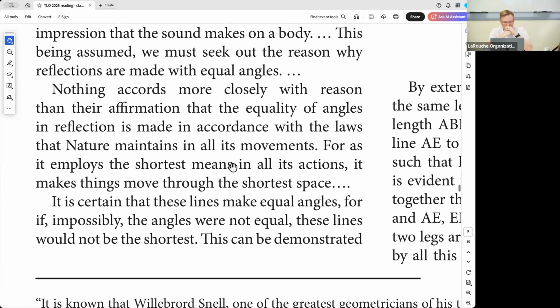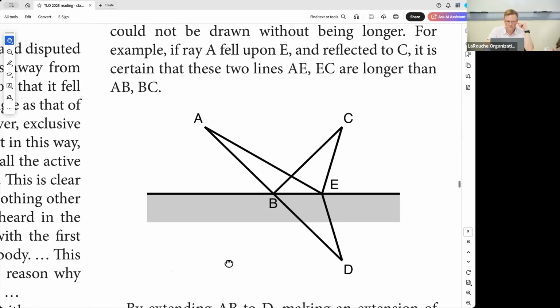For as it employs the shortest means in all its actions, it makes things move through the shortest space. It is certain that these lines make equal angles, for if impossibly the angles were not equal, these lines would not be the shortest. This can be demonstrated